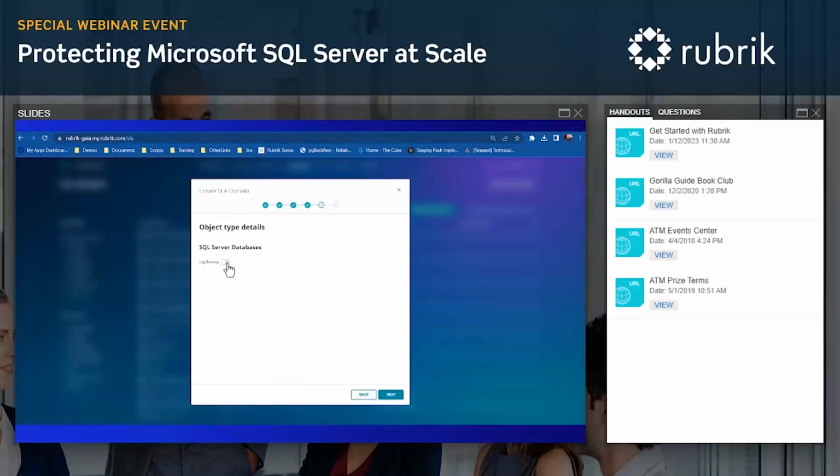In this section, we set that point in time recovery that we're talking about. Going back to the initial question, how often do I want to take a backup? How long do I want to retain it for? I could say I want to keep this for the snapshots for every 15 minutes. And keep it for 14 days.